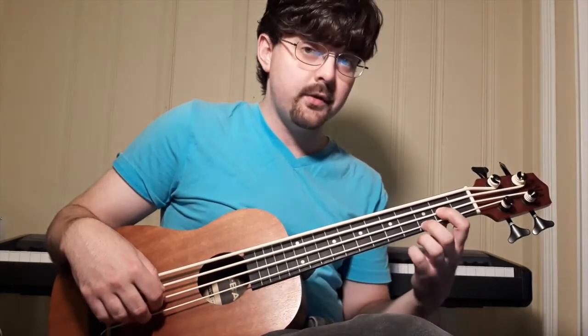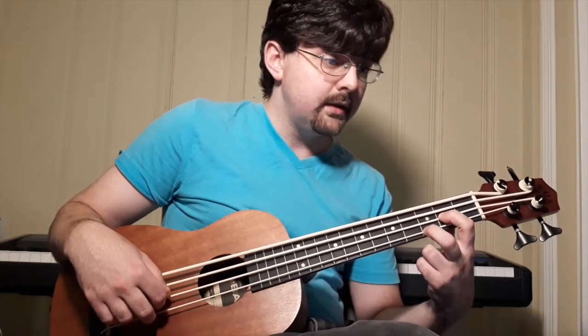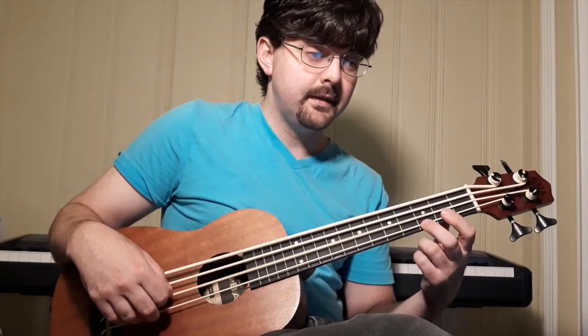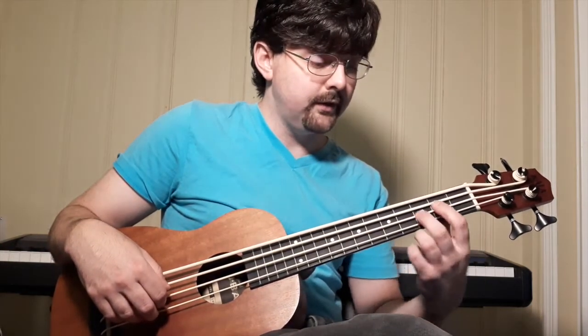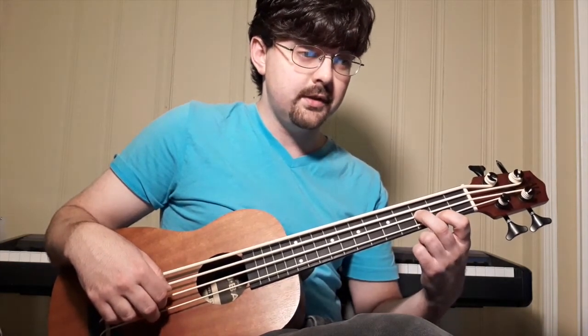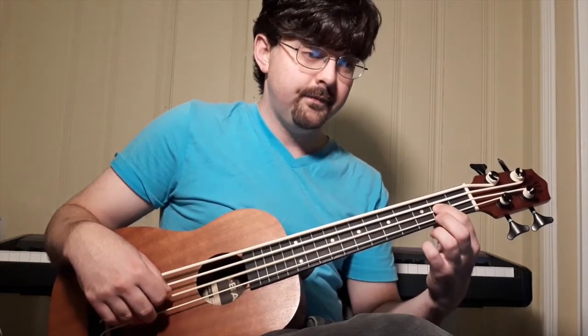Then we're going to play the 2nd fret on the D string with the 3rd fret on the G string, like we did before, in measure 13. Then we're going to play the open D string. Then we're going to swap those 2 fingers. We're going to play the 3rd fret on the D string with the 2nd fret on the G string. Then we're going to play the open D string, the 2nd fret on the D string, and the open D